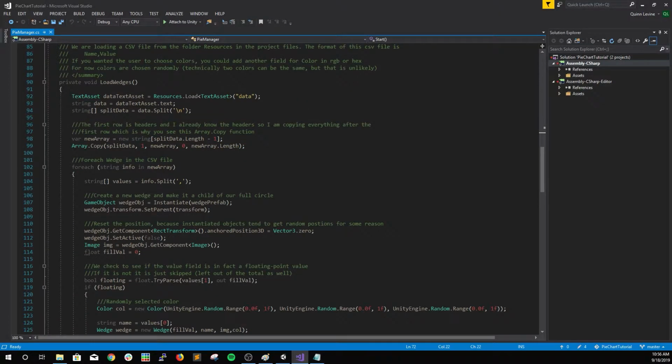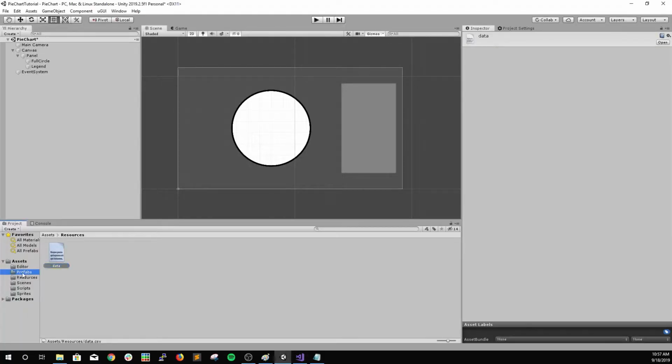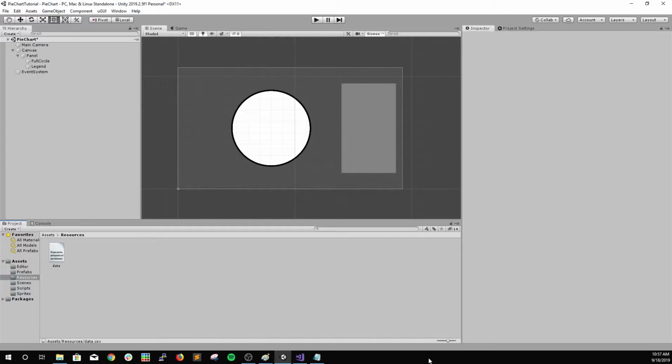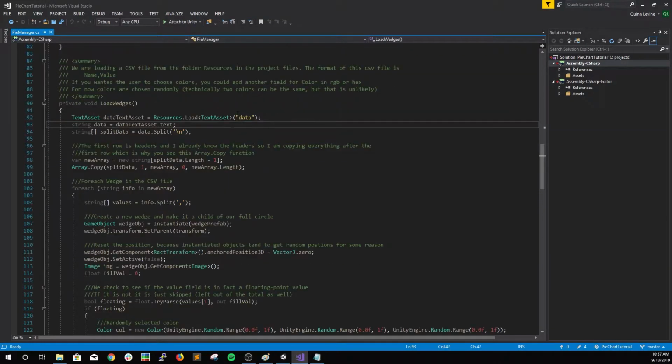So we are taking that CSV file, we're loading it from resources. Unity has a pre-built-in tool to load anything from the resources folder. So if I go to the resources, I created this folder, and you would have to create this folder whenever you want to load from resources. But then I just dropped the CSV file in resources, and then I just call